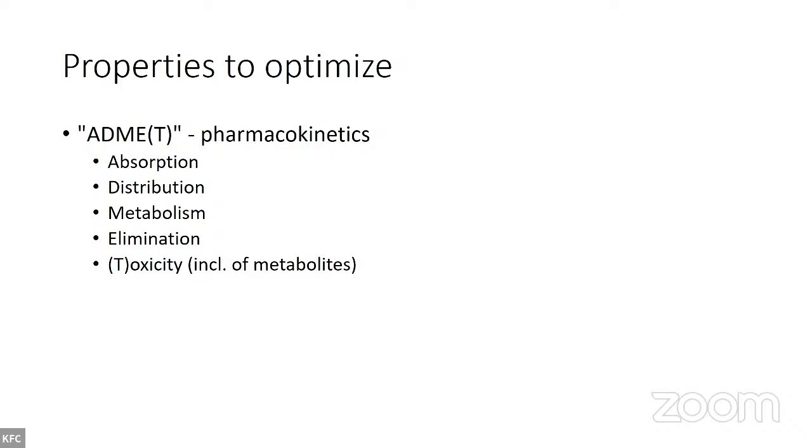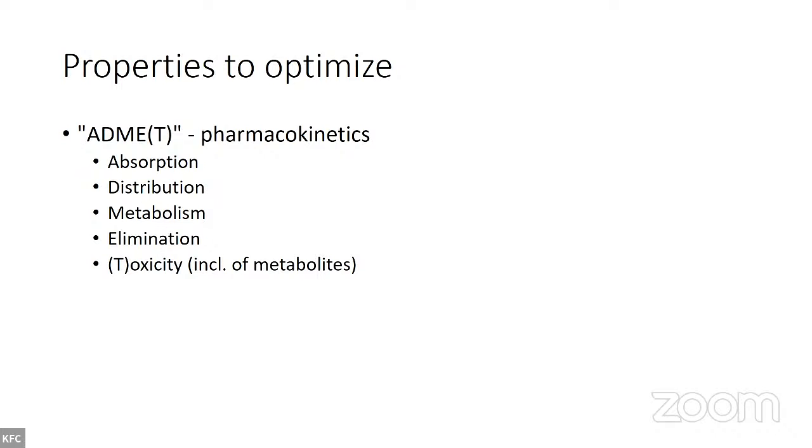So what are some properties to optimize? I will give a whole list of things we can optimize, but because it's a drug design workshop here, of course, the ones we care about the most are pharmacokinetics and pharmacodynamics. So first, what's pharmacokinetics? The classic abbreviation is ADME, plus sometimes a T added to it. It basically means